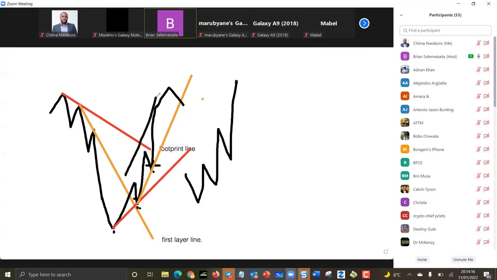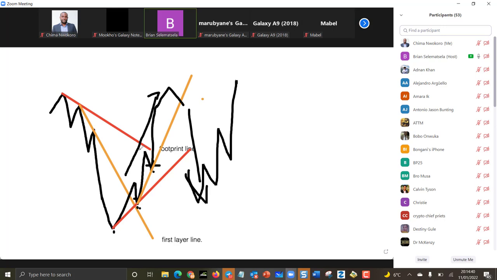Now, the market was trending up. Now it is breaking the first layer, meaning we expect it to go to the opposite direction. So we cannot keep on holding on the buys that we took, because now we're expecting the sells to come into place, we're expecting the sells after the breaking of the first layer.